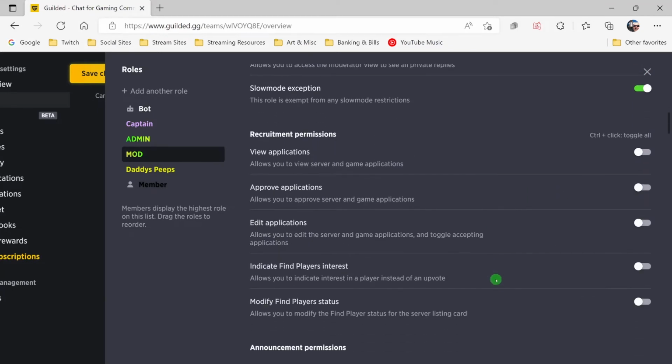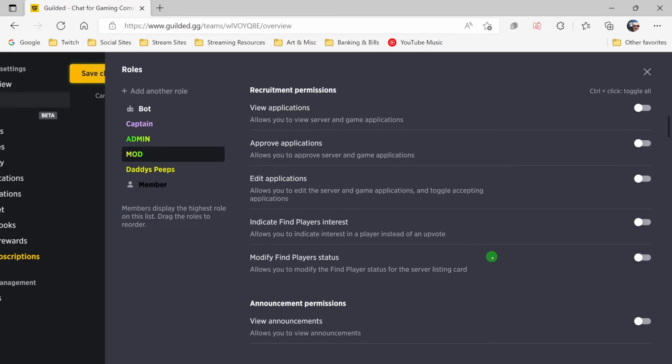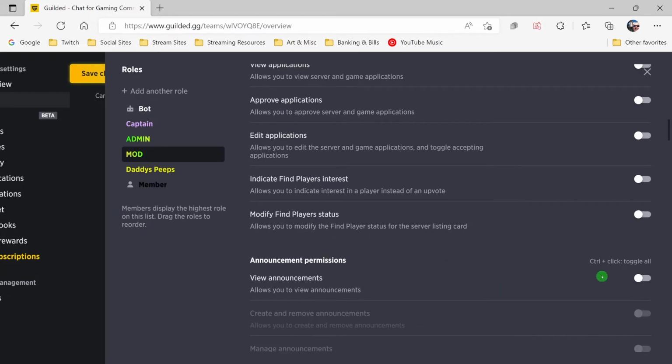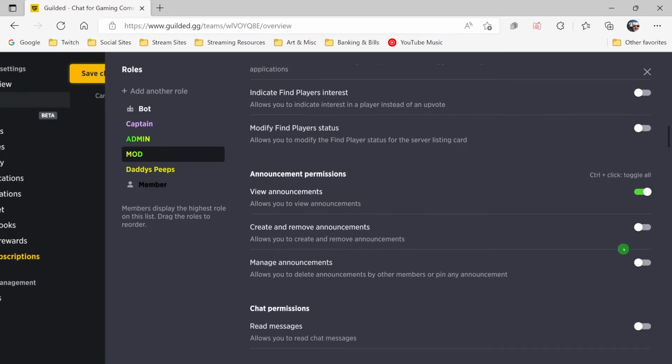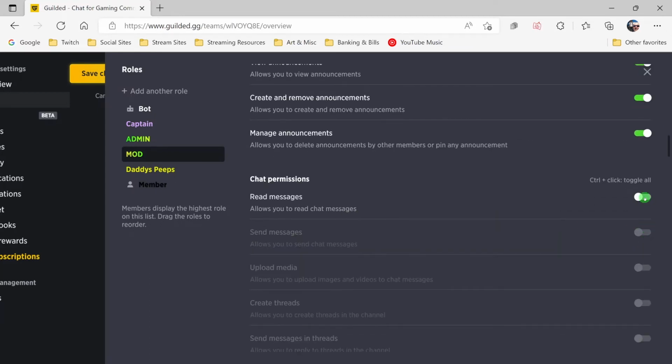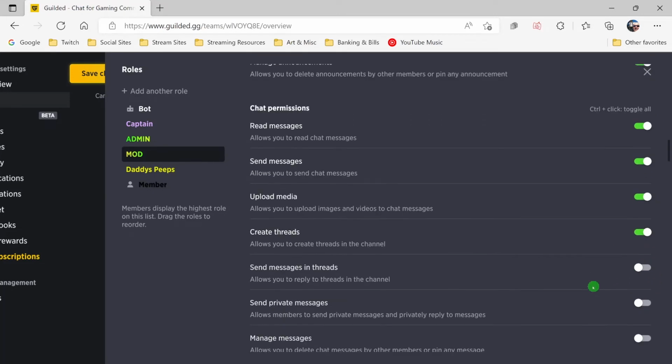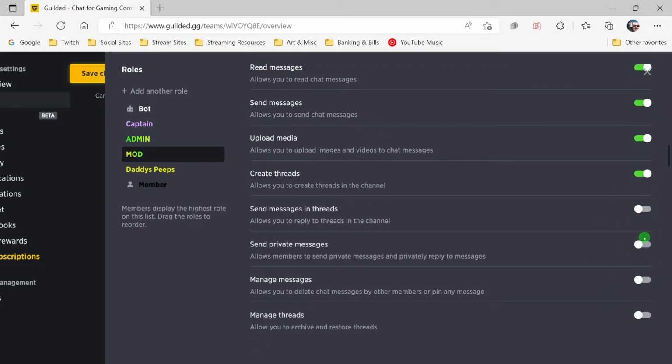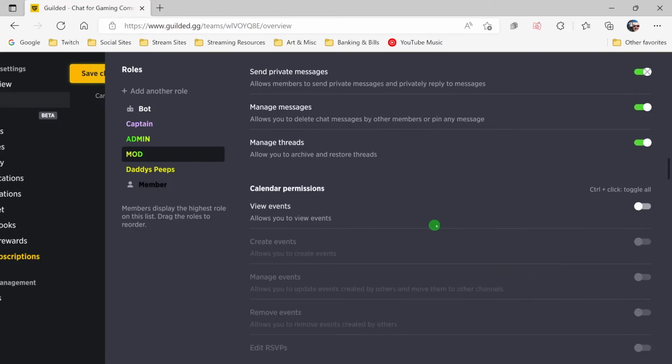Applications, no. Modify player status, no. View announcements, yes. Create and remove announcements, yes. Manage announcements, yes. For your chat permissions, read, send, upload, create, send messages, send private messages, manage, and manage. Same with events, create, manage, remove,